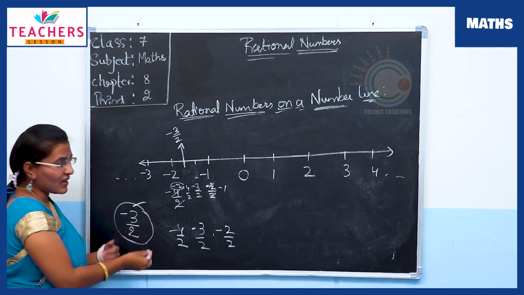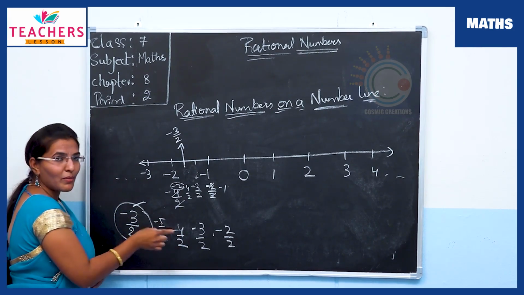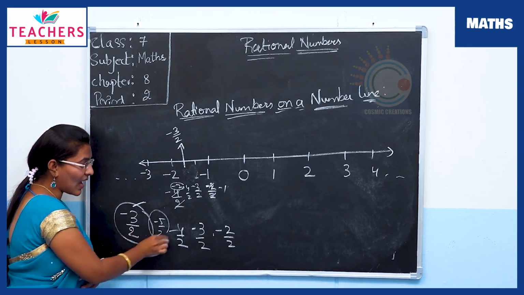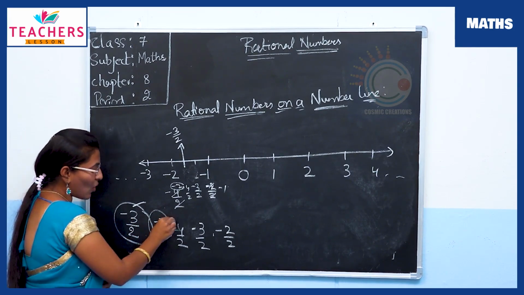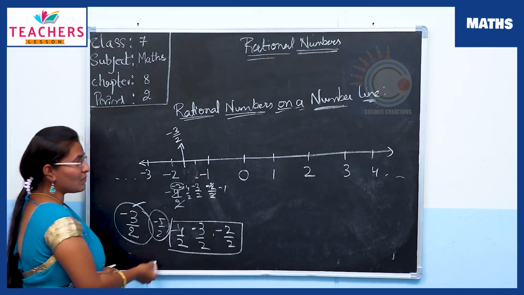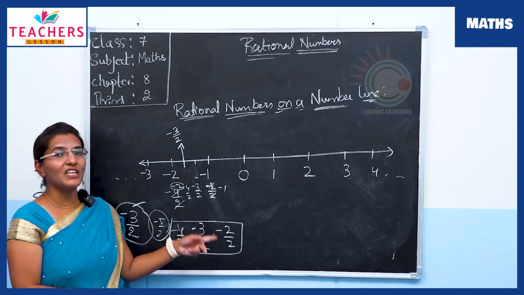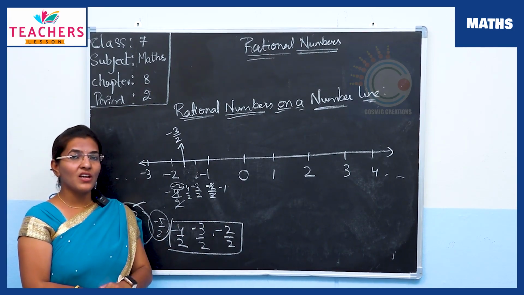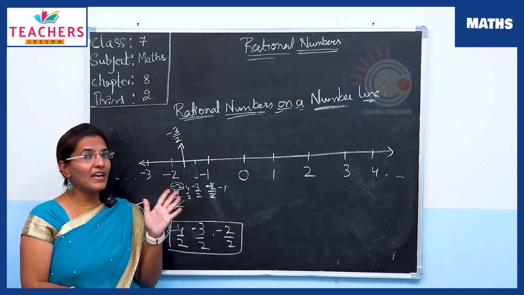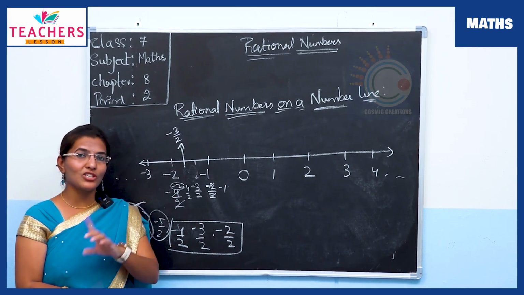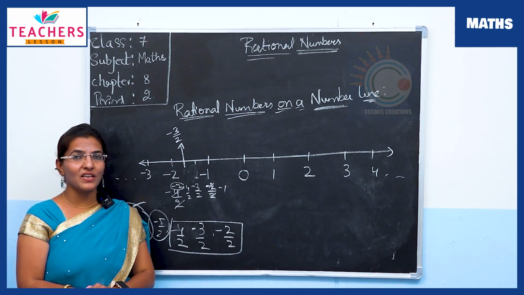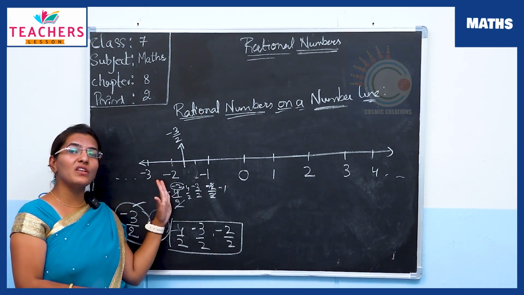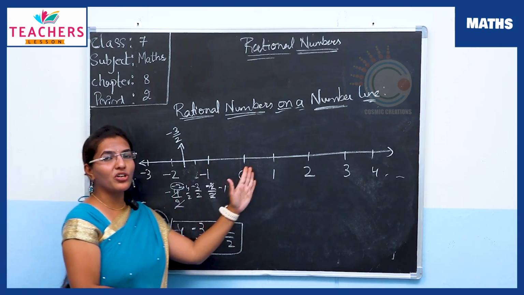Right? So can minus 5 by 2 lie between 0 and minus 1? No, it is greater than these numbers. So obviously, what are the numbers? Yes, these are the numbers which are going to lie between minus 1 and minus 2. Understood, right? So now any rational number if I am given, you are able to place it on a number line, isn't it? So generally you will get confused with the negative numbers only, whereas positive numbers are very